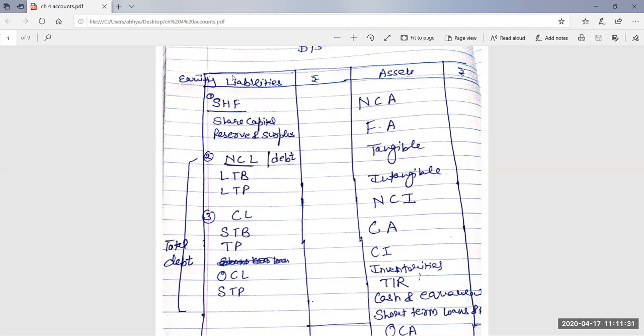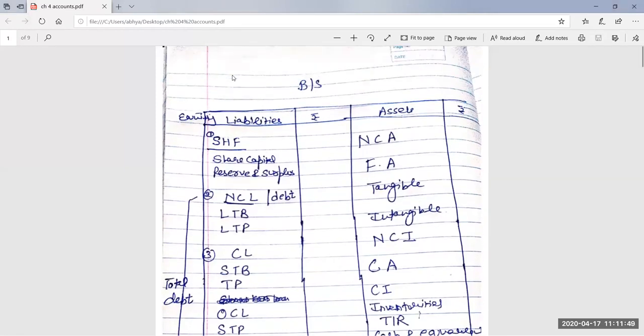I told you that liquidity ratios means the ratios which help us find out whether the business is able to pay its current liabilities on time or not. Liquidity position means cash availability of the business. I told you the current ratio only yesterday. We did 1 or 2 examples. Current ratio is equal to current assets upon current liabilities, and we discussed how to find out current assets and current liabilities.